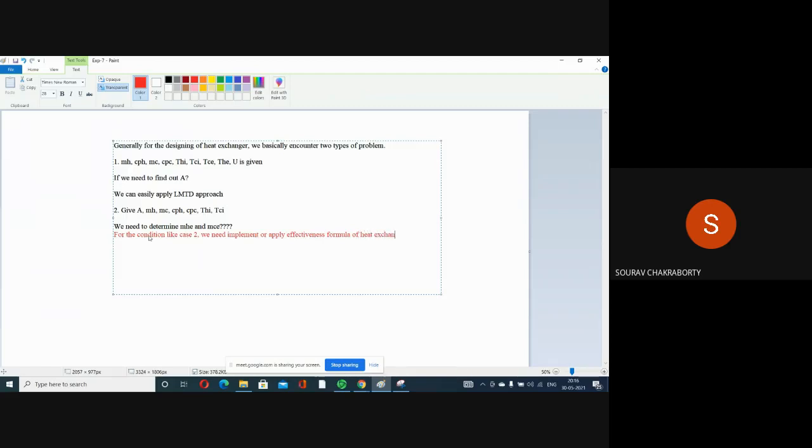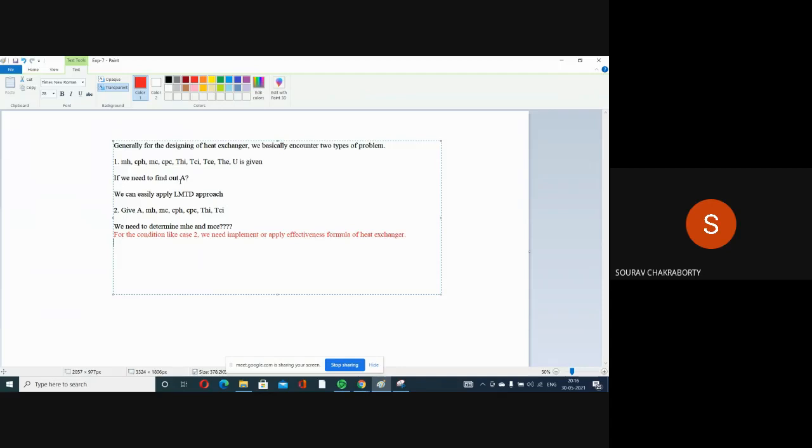Okay, so when you are designing a system, obviously we need to know the different perspectives. The first one, when all these conditions are given, the LMTD approach is the suitable approach to find out the area of the heat exchanger, because it is also very important. What is the exchanging area? How much area is there for conducting the particular heat transfer? That also needs to be determined, and that is very important. So the LMTD approach is very applicable for that.